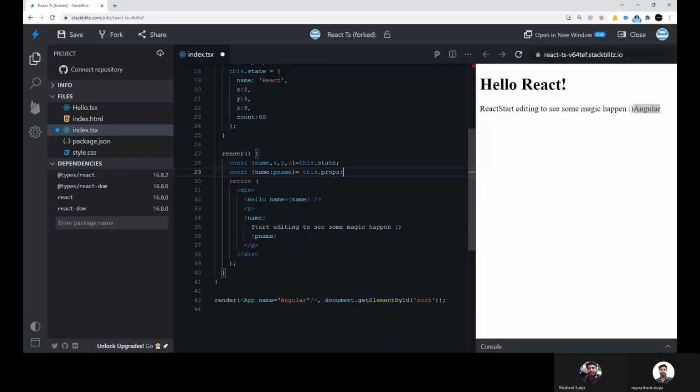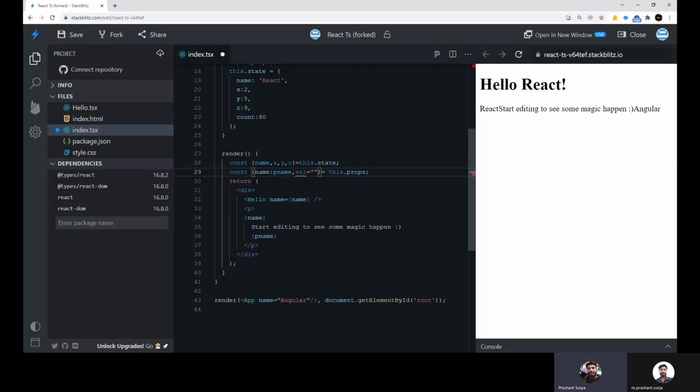Let's suppose I have a variable here and in props, and I have written it here like val, and I have given a value smart.